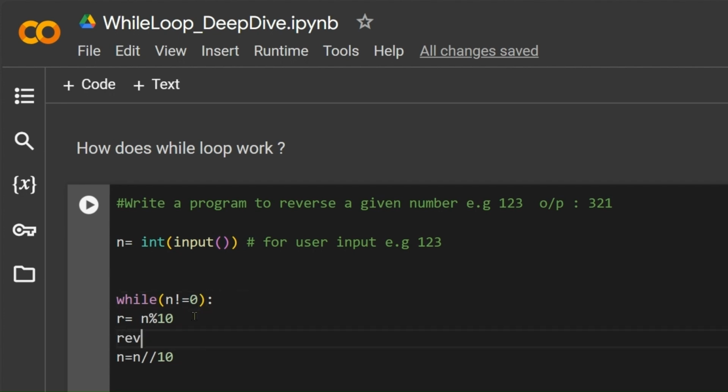That one thing is I have to reverse the number, right? By this, I took 3 out. By this, I changed the number. But where is reverse? So this is the logic. Reverse. I am using a variable called rev